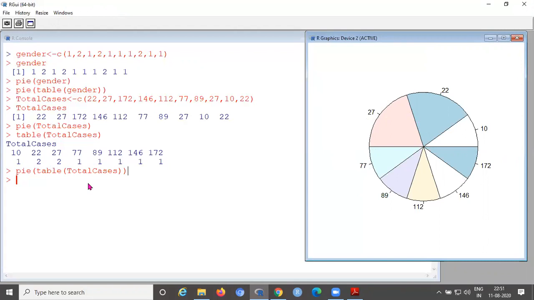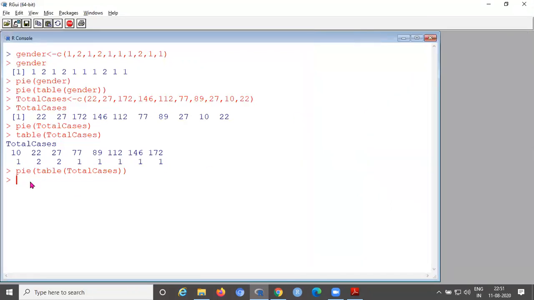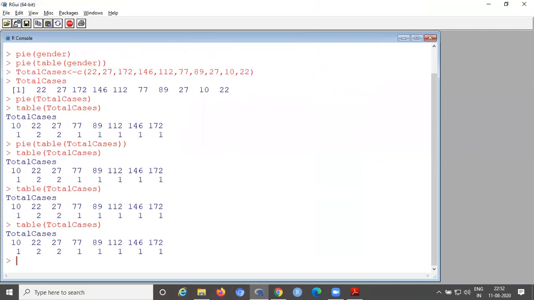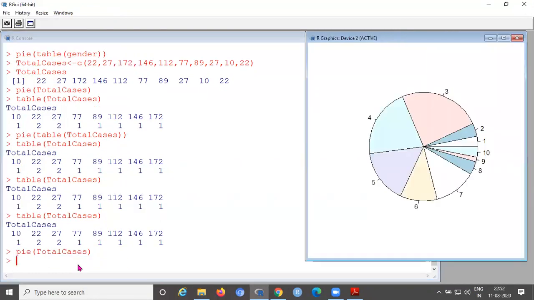Then the previous one, here you can observe the difference. Pie of total cases. Here you can see pie of total cases.